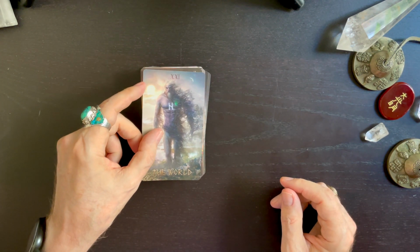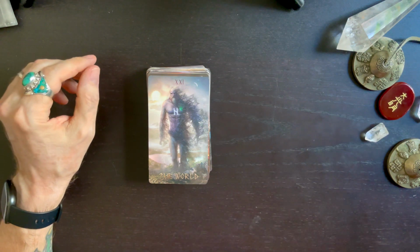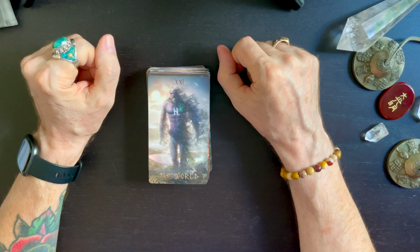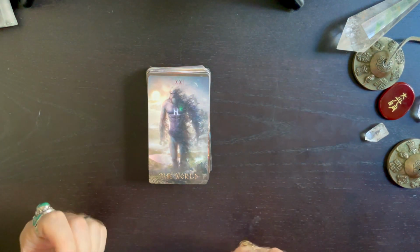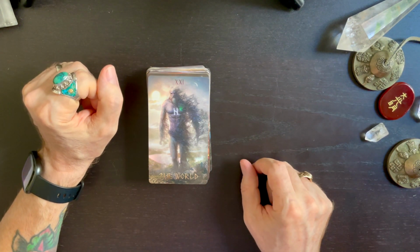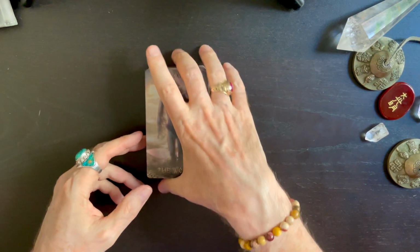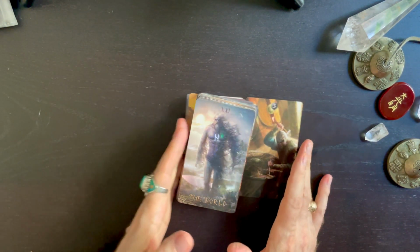I thought this one was really cool as well. The giant Ymir. That's another character from Norse mythology. If you already know about that, I don't need to explain, but there is a story about his bones and flesh being ground in a mill wheel to create the material world on a continuous basis, and other things with giants in Norse mythology that are interesting, but it's just a really cool image as well. So those are the cards, and now just a bit of my review, or my opinions